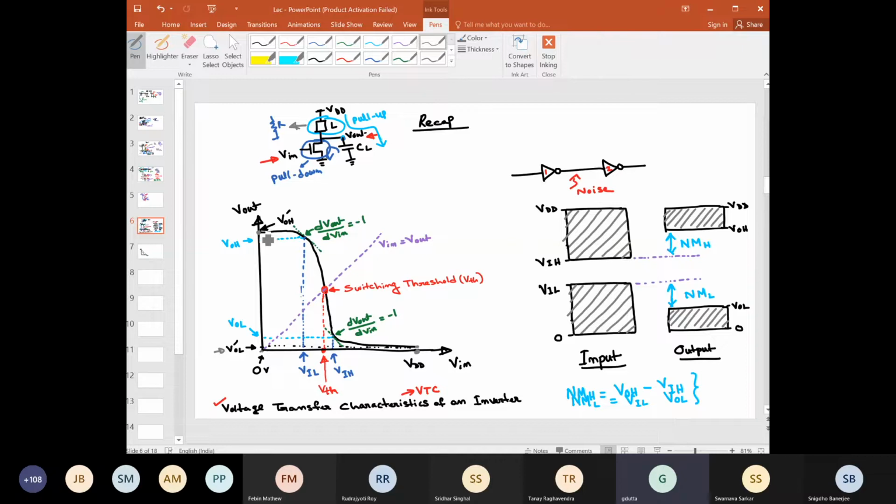Now consider the shape of this VTC. For this particular case, you can see as you are increasing Vin from 0 volt, 0, 0.1, 0.2, like that, until Vin is equal to the threshold voltage, this transistor will remain off, right? So up to that point,